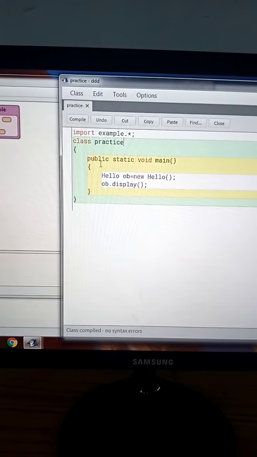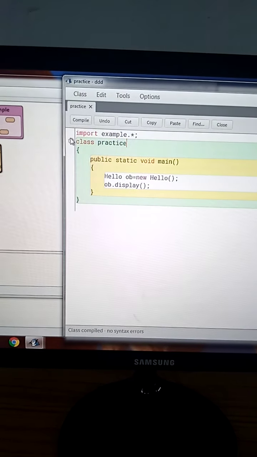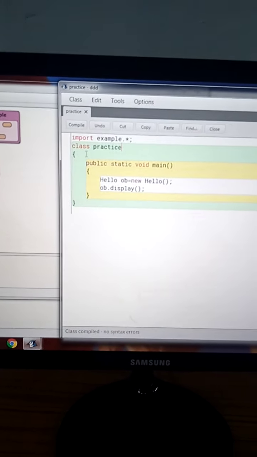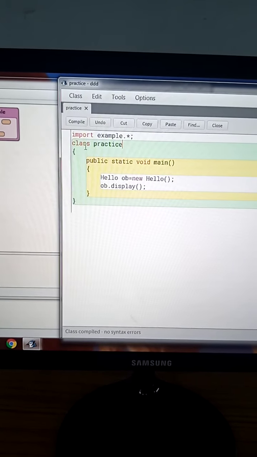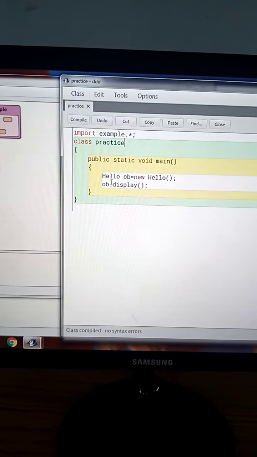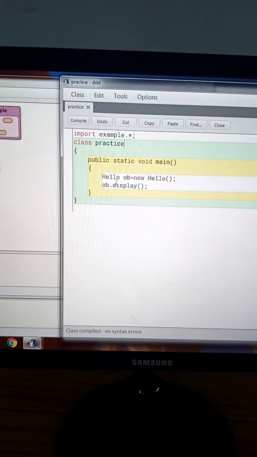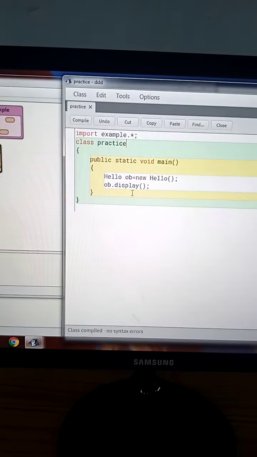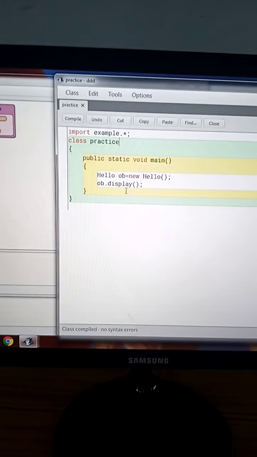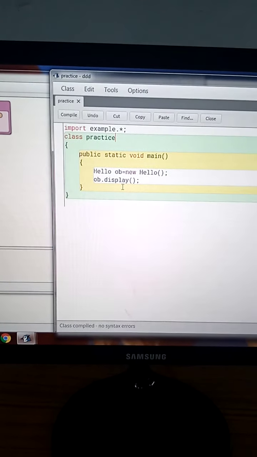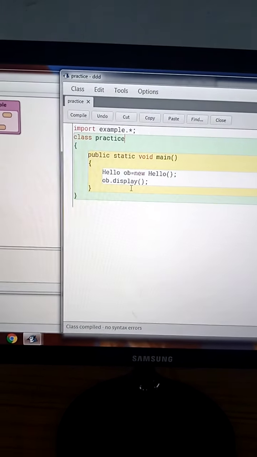Again I am explaining, import is the keyword to include the package you created on the BlueJ platform. Then class, function, within function object creation of the class of package example, that is hello. Then with the help of the object you are calling method display. And if you remember, in display we have written welcome to my first package.